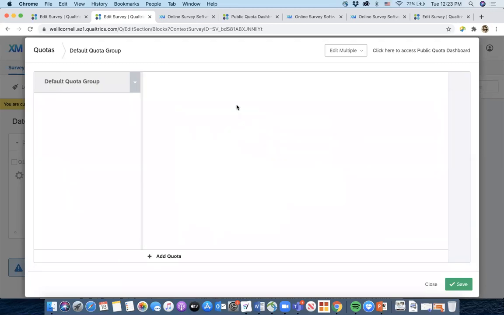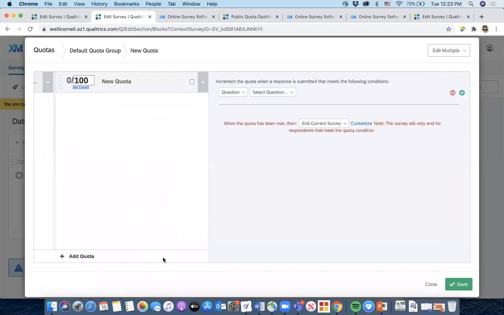And this one, perfect. All right, so we're gonna add a quota. So what you need to do is, if your event has a cap for each day, you need to, one, decide what that cap is, and then set a quota for every single day that you have as an option. So again, I'm gonna do 3 this time. We're gonna call this one day 1, and we're gonna do,